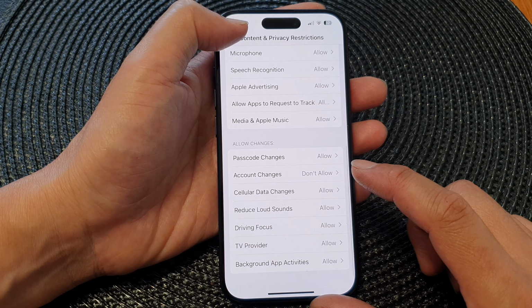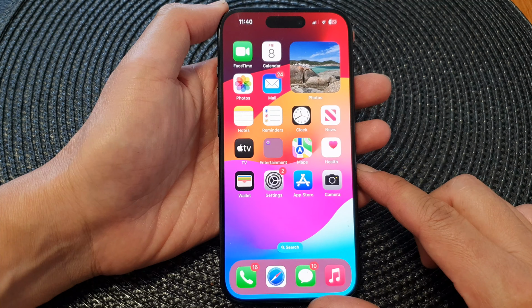And that's it. After that, you can tap on the back key or swipe up to return back to the